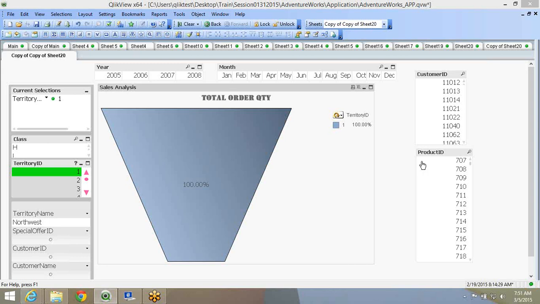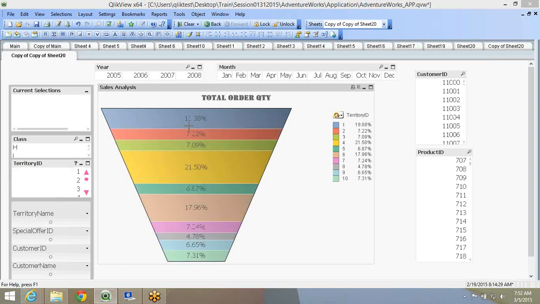Drill down and cyclic are valid for all charts except for gauge. You can have this total order quantity, right? And so now you see the